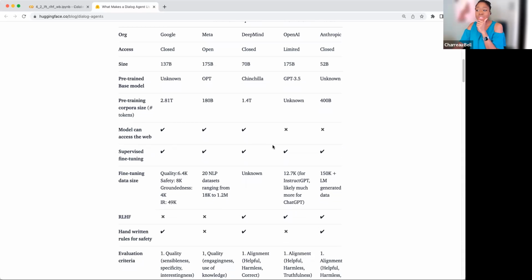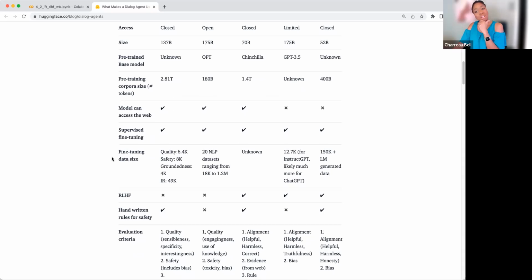Do we need to do supervised fine-tuning? So across the board, everyone is doing this thing called supervised fine-tuning. Depending on how much you know about transformers, this can mean something or it can mean something else. They mean something very specific by that, which is what we'll get into a little bit later. Then they go into this fine-tuning data size, which in our minds, we think, okay, these are encompassing similar, if not the same things. And here is where we see a lot of what they mean by the supervised fine-tuning.